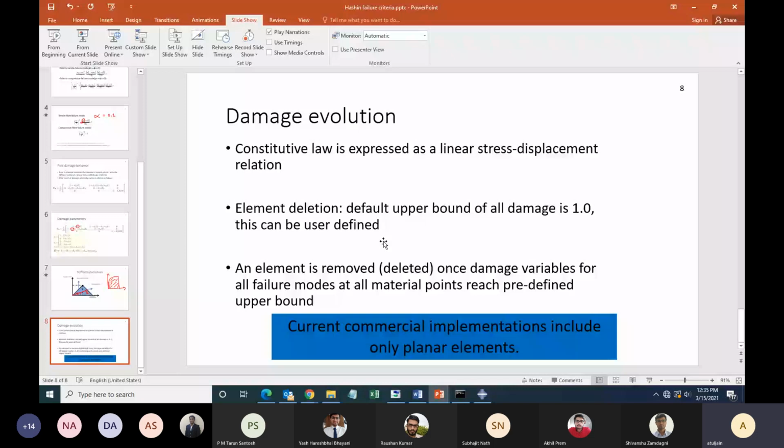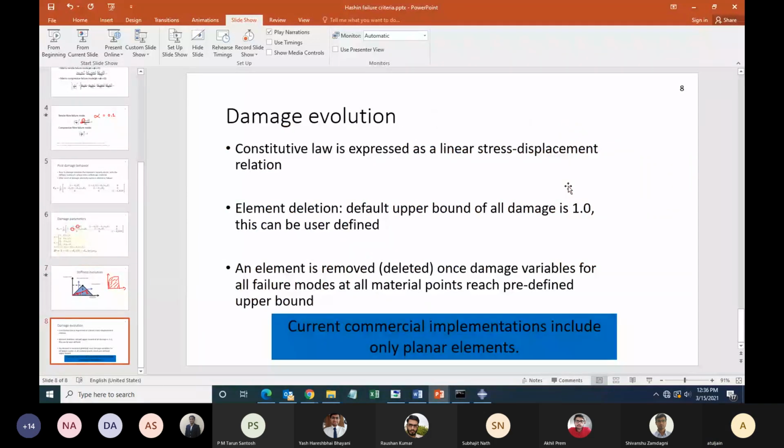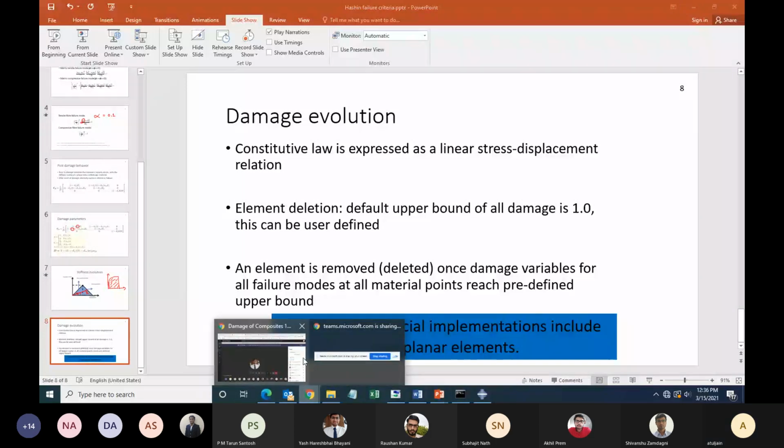Okay, any questions? Now, a question that should come to your mind is, if a stress strain curve is given, how can we identify when the first damage has happened? It is not easy, correct? Yes or no? If I give you a stress strain curve, just by looking at that, it's practically impossible to identify the first damage. So what we will typically do is, we will calculate the area below the stress strain curve, take 90 or 95% of that value. That is going to be your fracture energy to be input into the software. Okay, good. Any questions?